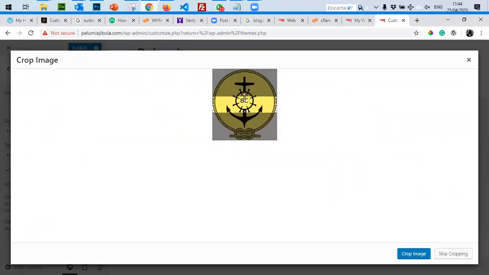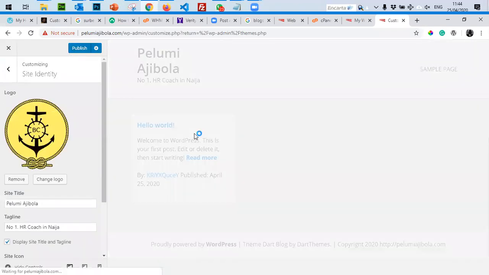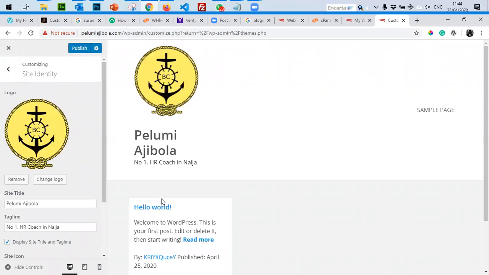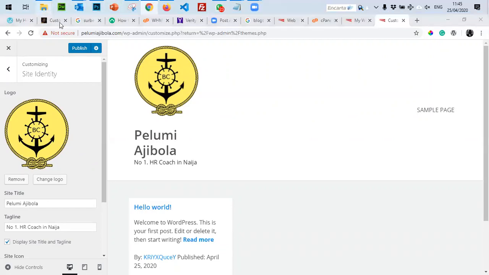So now it's telling me that the space allocated is probably for a small logo, but I can reshape it to accommodate everything. So at this point, the logo appears on the blog. But the blog is designed to have a small logo, and that is why as soon as this is my big logo, it pushes the header. And you can do away with the logo if you can create something that has to fit in for the name. So I can design a logo similar to this.